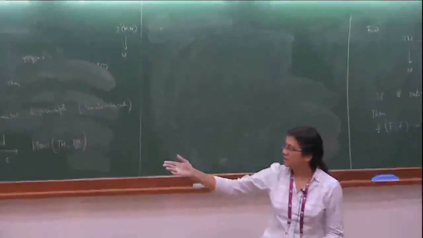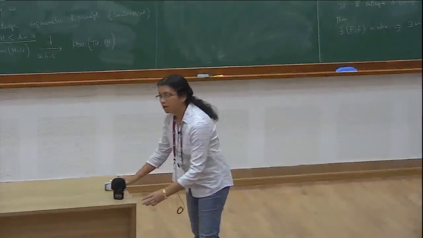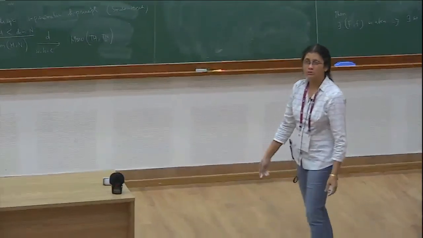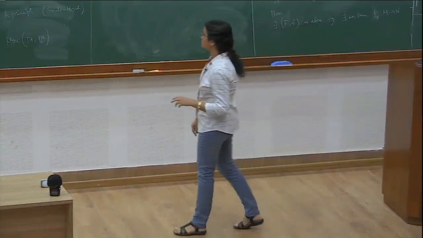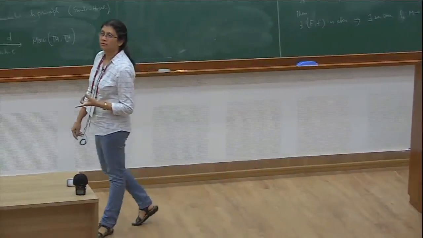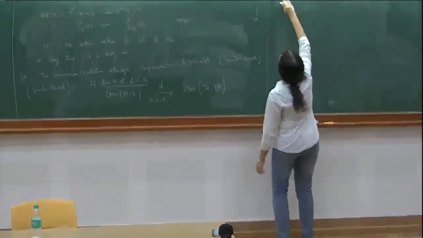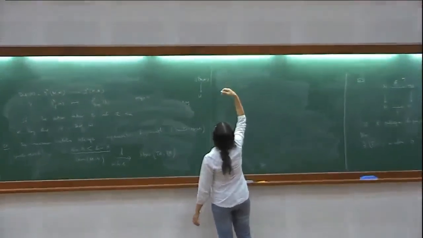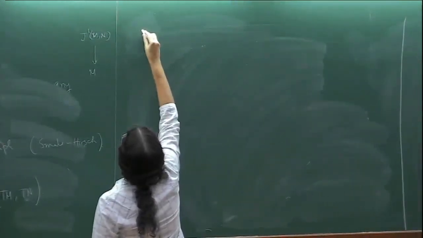Okay, but as I said, these results which came as a corollary to Gromov's theorem were already known. So what are the new results that came out? Those are the existence of symplectic and contact forms on open manifolds. So these are the corollaries. I'll say something more about this. So it says that